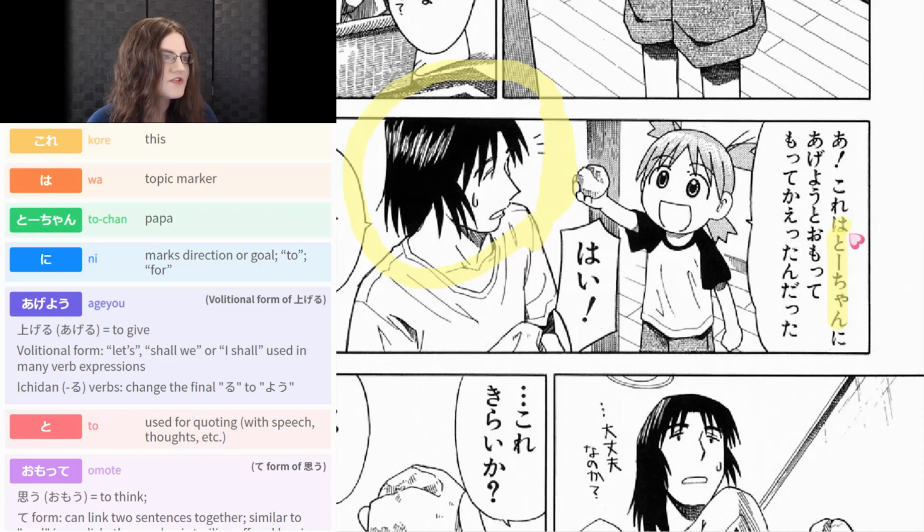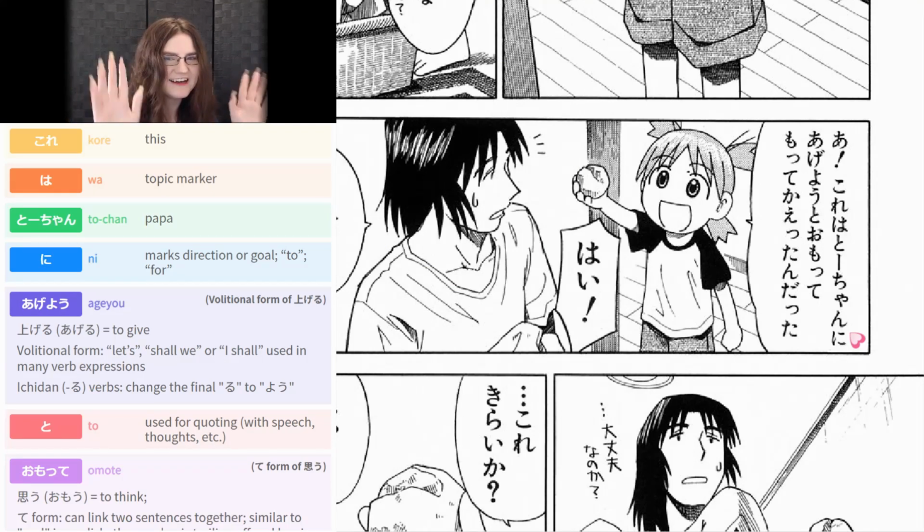Like the O from otosan is just an honorific, and then the san from otosan, that's just like the Mr. It's a suffix, and chan is just another suffix, but it's a cuter suffix. So to-chan is just kind of more like papa or daddy versus otosan, which you think of more as father. Then ni is towards or to, and then ageyo is the volitional of ageru, which is an ichidan ru ending